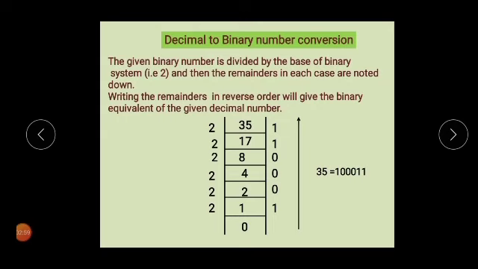Like that we continue the division till we get 0. Here we have 2 1s are 2, we got remainder 0. Then this one, we write it as 2 0s are 0, and then this one is written as a remainder. Now how do we get the equivalent binary number? By writing all these remainders in reverse order, starting from the bottom to the top. We write the numbers, that is 100011 is the binary equivalent for the decimal number 35.